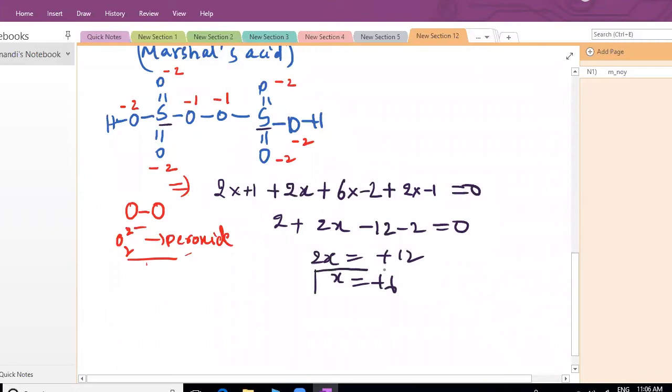Already I have given very clearly, sulfur is 16th group, or 6 valence electrons. Sulfur atomic number 16. You can write 16 electrons: 2, 8, and next, what will you get? 2, 4. So this is the electronic configuration. So these are valence electrons. Total 6 are present. Which is the last number? Those are valence electrons. 6 electrons present. So 6 they can lose maximum. So that is the reason we are writing.